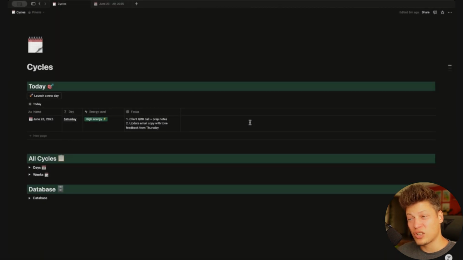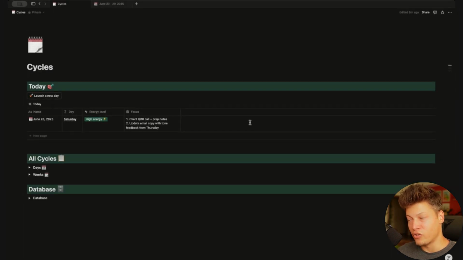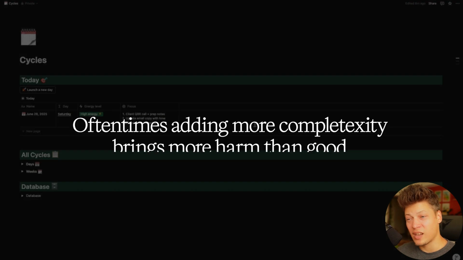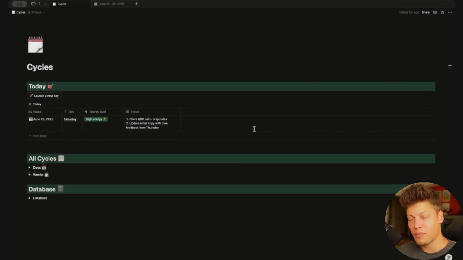I think just following these rituals of planning and reviewing your days and weeks will take you surprisingly far. There is no need for more complex systems if this is what you need right now. Oftentimes, adding more complexity to your system brings more harm than good. I believe the system we've built together today is actually super robust and can be super useful to all kinds